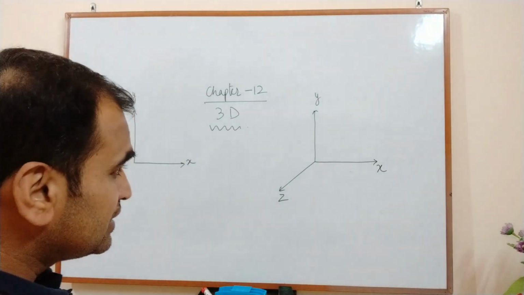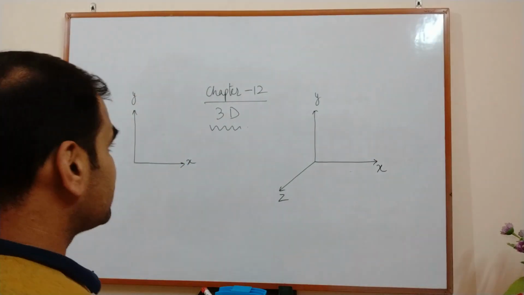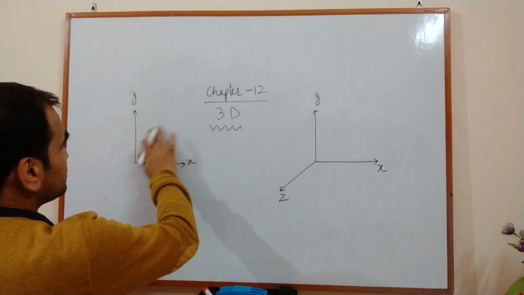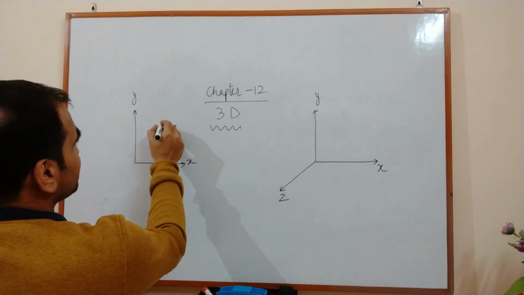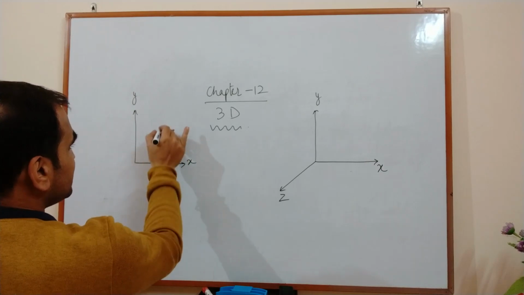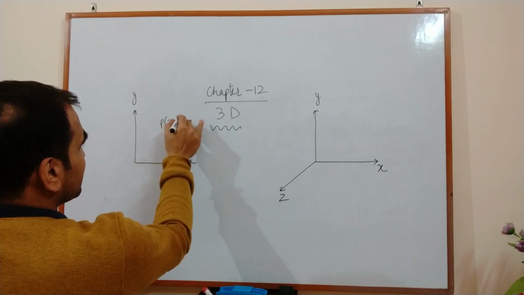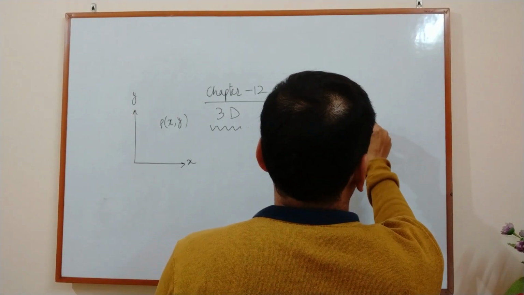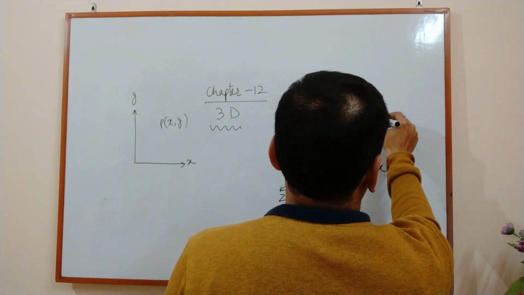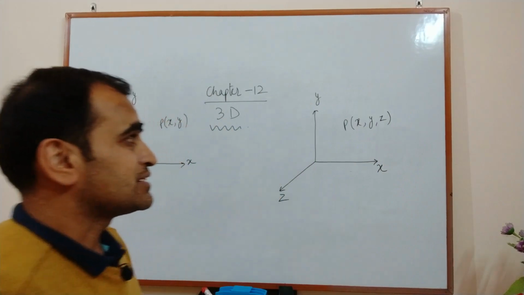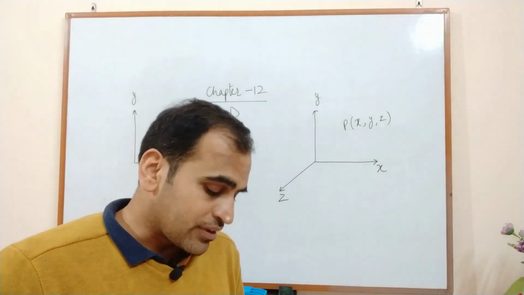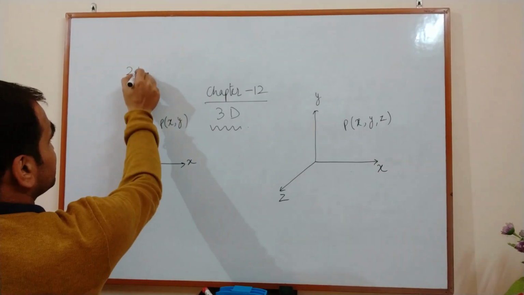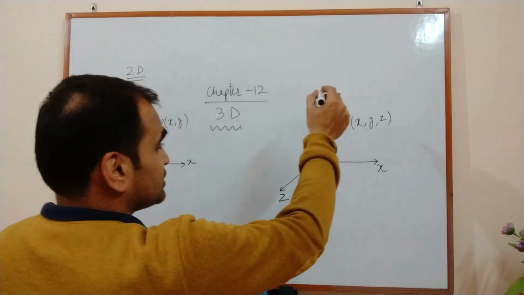So this is one of the differences. And if you want to represent any point in two-dimensional geometry, it has only x and y coordinates. Suppose there is a point P with the value x comma y. In 3D we have a point, but now another coordinate, the z coordinate, is added to this. So this is x comma y comma z. This is about your 2D and this is about your 3D.